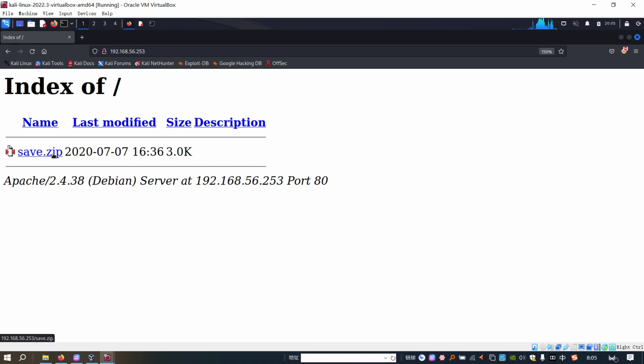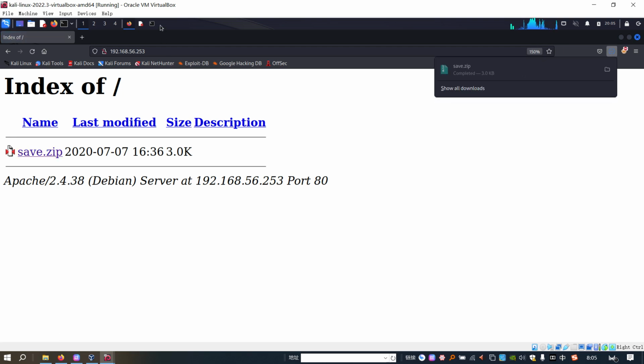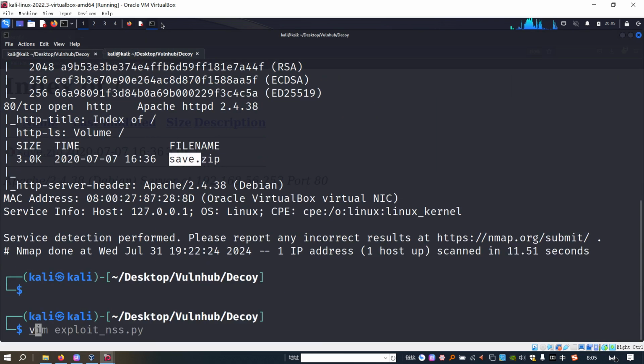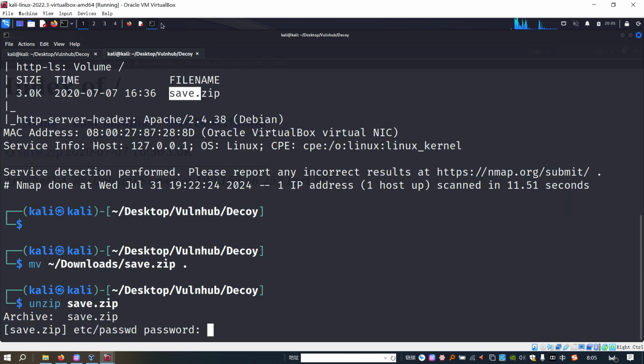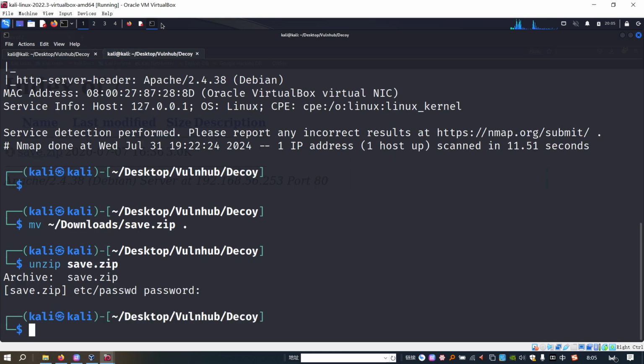So here, I think from the Nmap we already know that this file we can download, and we can move it from the downloads directory to the current working directory, and then we can unzip. It is passphrase or password protected.